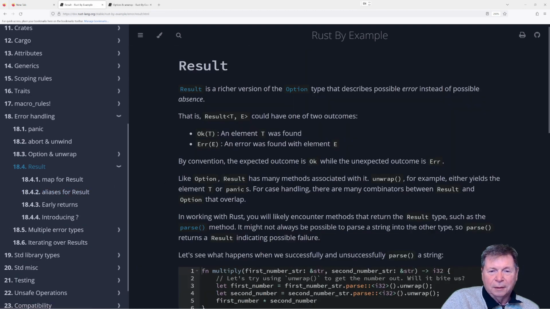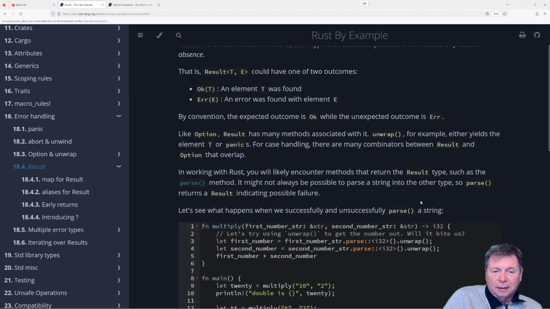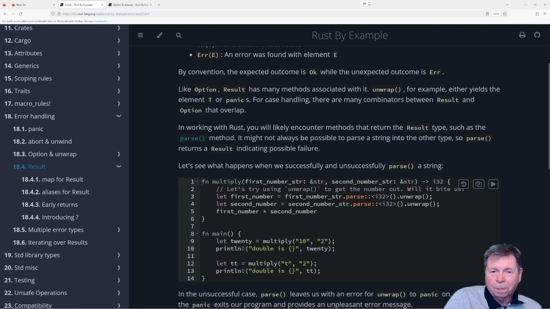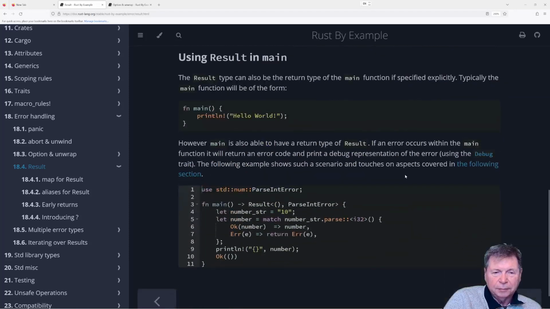Result. Result is a richer version of the option type that describes possible error instead of possible absence. That is, result TE could have one or two outcomes, okay or error. Okay. Right, unwrap. Hello world. Using result in main.